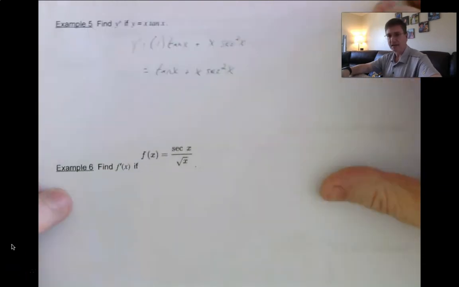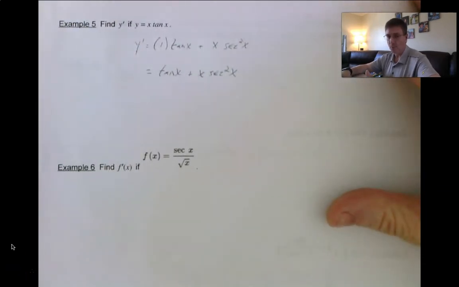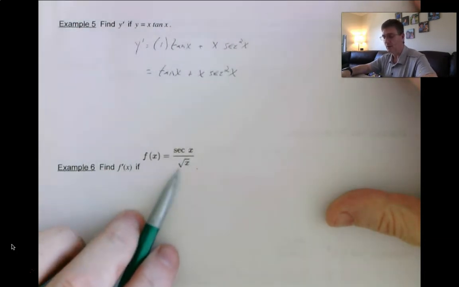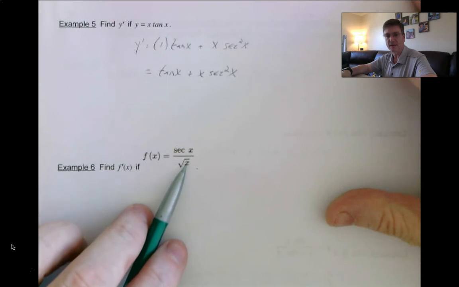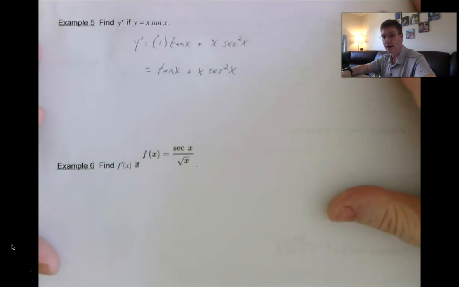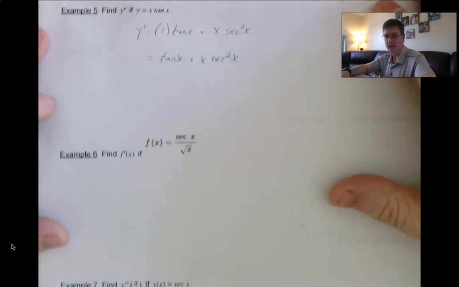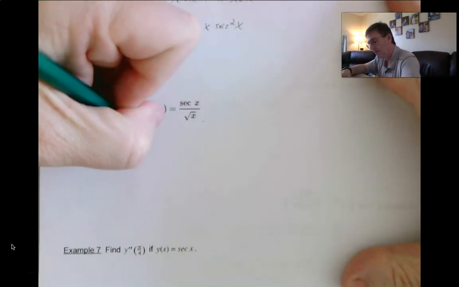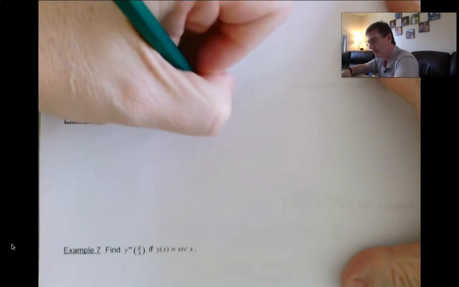Number 6, it looks like we should use quotient rule, and we could, but because I'm going to be changing this square root of x into an x raised to the 1/2 power anyways, I'm just going to rewrite the whole thing so it becomes product rule, not quotient rule. And they're still very similar. So f prime, let me rewrite this, equals